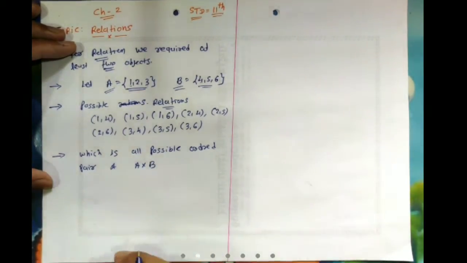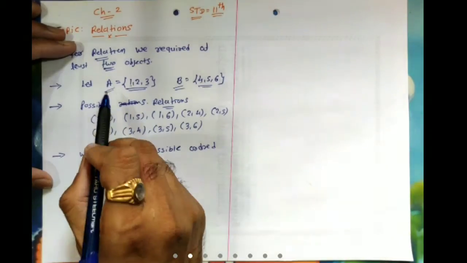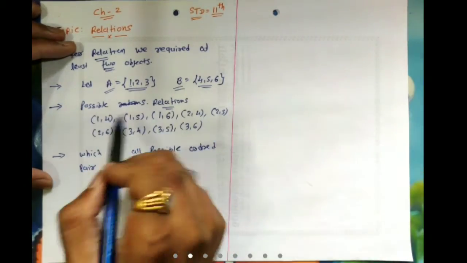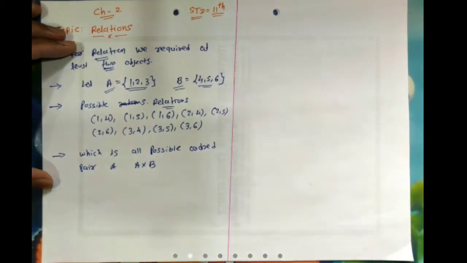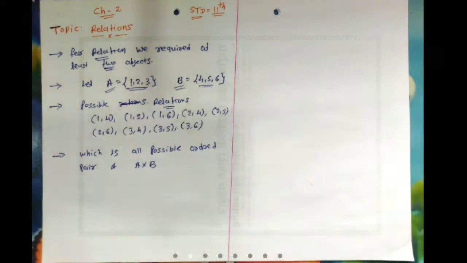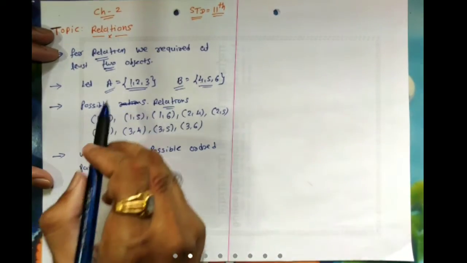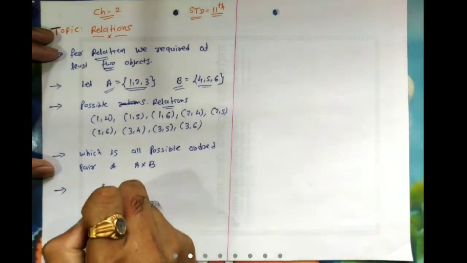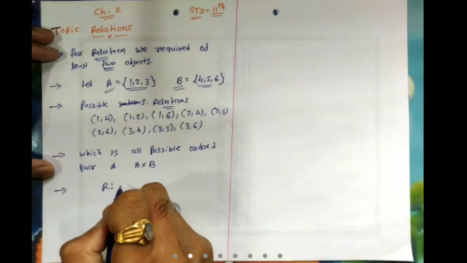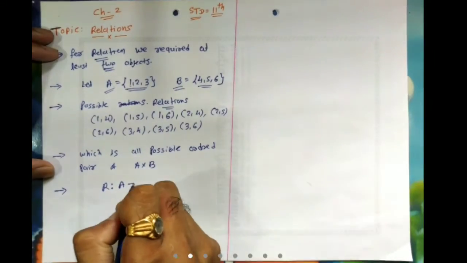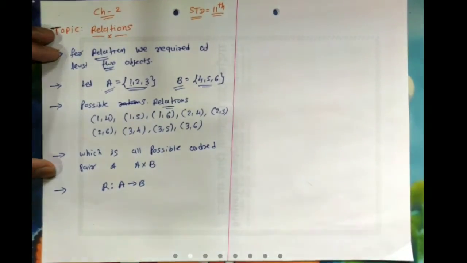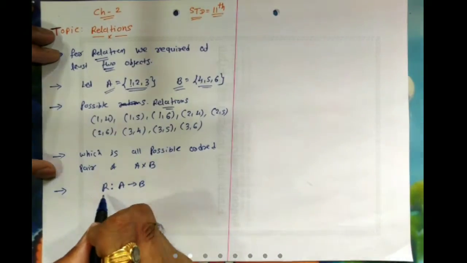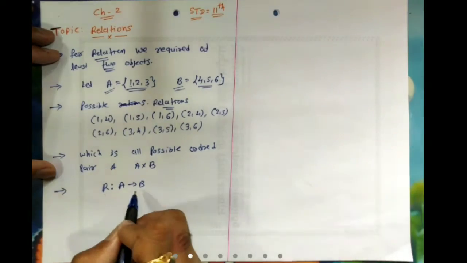Now we have to define what the relation is. A is related with B, but by which relation? So you have to specify, we have to describe that relation. Clear? So up to now we have defined that set A is related to set B. So that is written as relation from set A to set B. How can it be read? Relation from set A to set B.